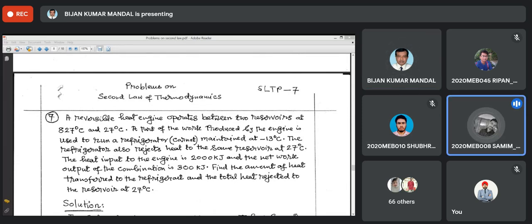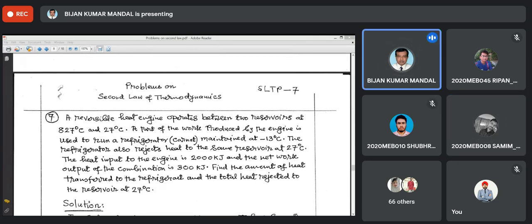Sir, output from the engine and taken in by the refrigerator. So whatever power is produced by the engine, a part of that is consumed or taken as input by the refrigerator, and the difference is 300 kilojoule. In the previous problem, that was not 300, that was 0, because the power developed by the engine was exactly consumed, taken as input, by the refrigerator. So that is the meaning. I am asking simple things, so don't get nervous.